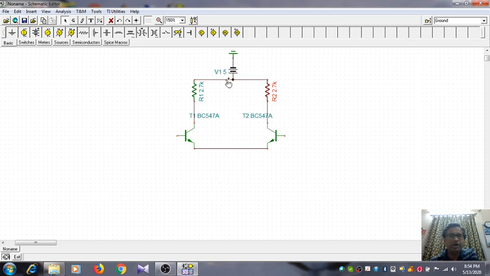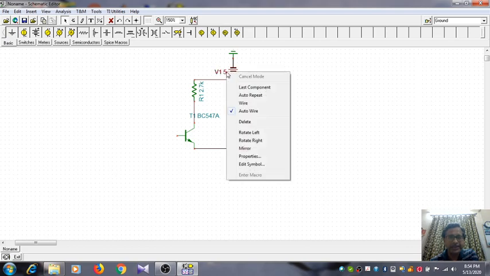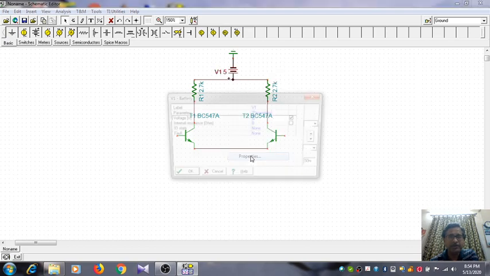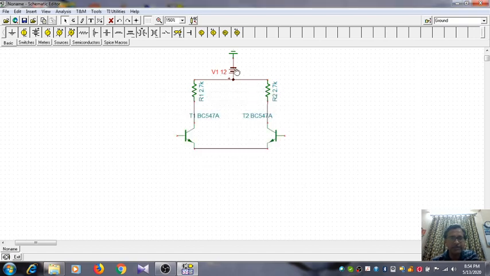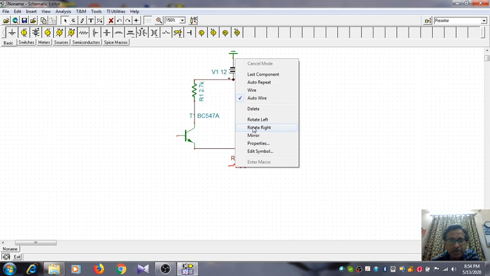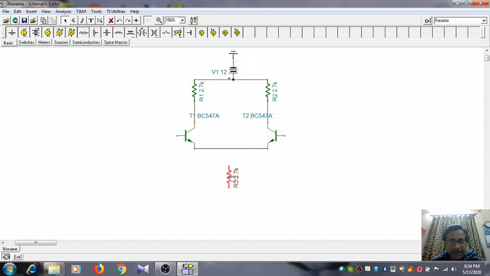Next we connect the configuration in a bipolar manner. Another thing is that the default value of the power supply is 5 volt, but in our laboratory we have continuously used a 12 volt power supply. So let us turn the value of the power supply to 12 volt, and on this side also via one tail resistor. So let us bring one resistor here, turn it by rotate right, then connect it to this point.